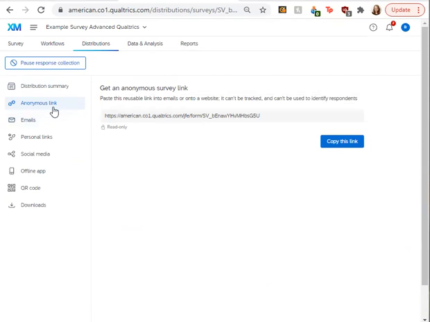And once we select that on the left-hand side, you can see an anonymous survey link is generated, and you can just copy that link by selecting the blue button in the right-hand corner, and that'll automatically copy the link, and you can paste it into emails or into social media posts or send it out via Messenger or any other online communications. You can even send it to yourself and text it to people. So that is an option of sending an anonymous survey link.